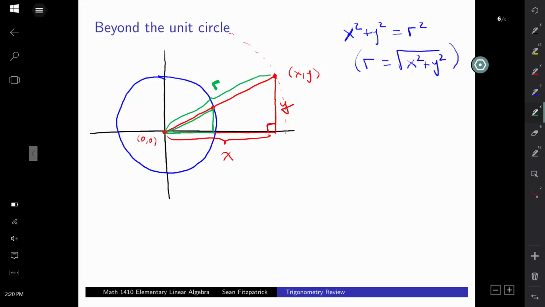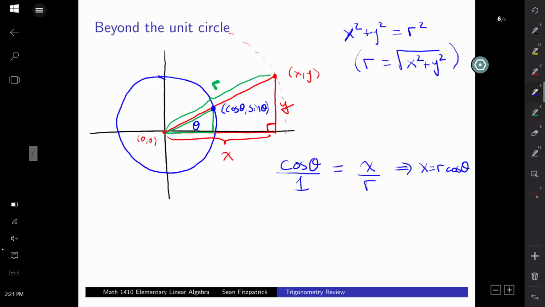Okay. And we certainly can measure, there's an angle here, theta, and we know how to measure that angle. And because we have that angle, we know what the coordinates of this point are. We know that this point must have coordinates cos theta, sine theta. Now if you think in terms of similar triangles, that means that for the little green triangle, the length of the base is cos theta, the length of the hypotenuse is just 1, and this ratio has to match the corresponding ratio for the big red triangle, the length of the base x, the length of the hypotenuse r. So I can solve this now for x,